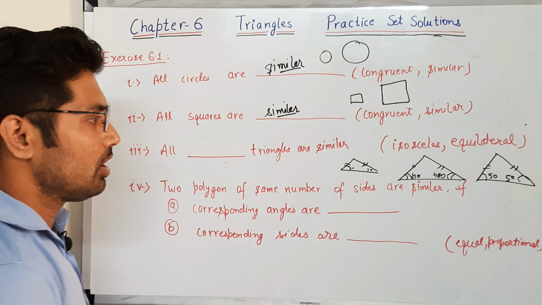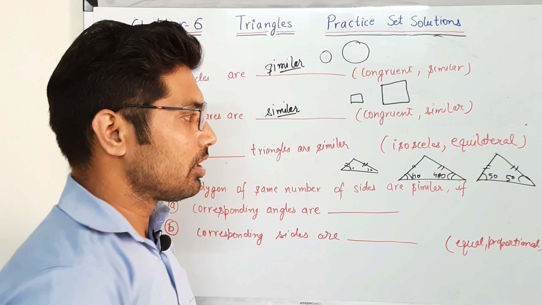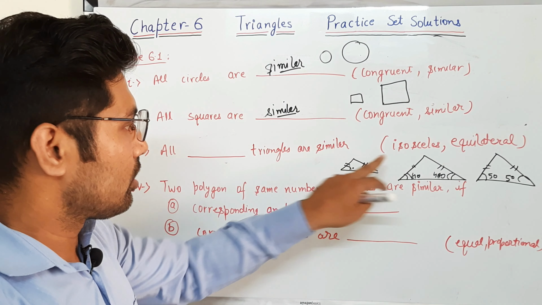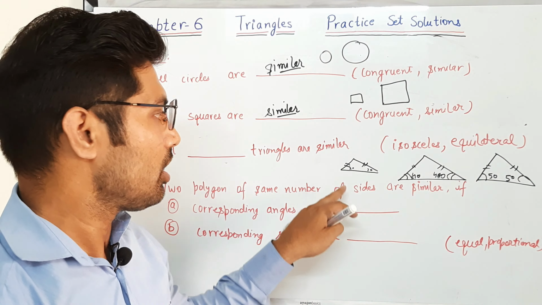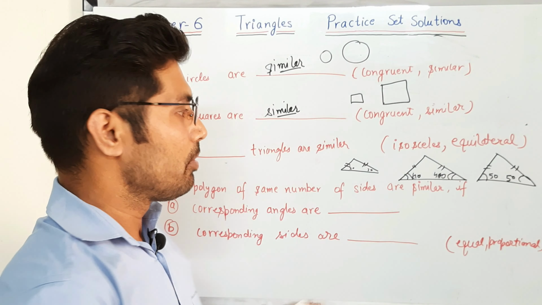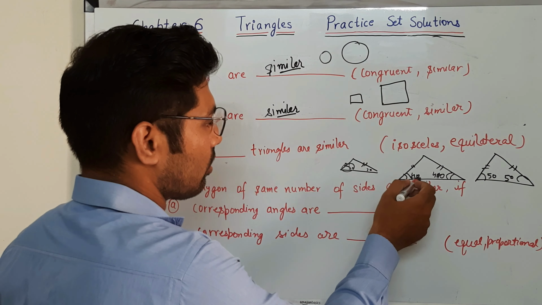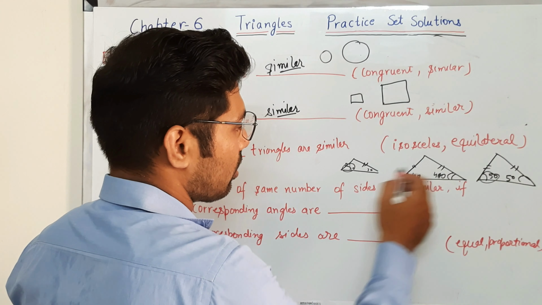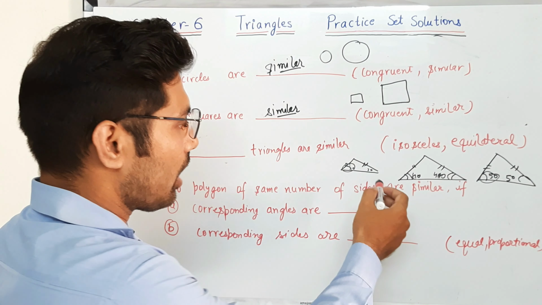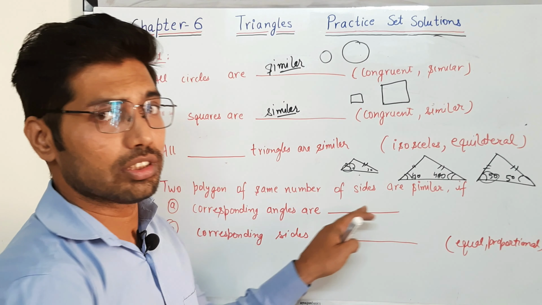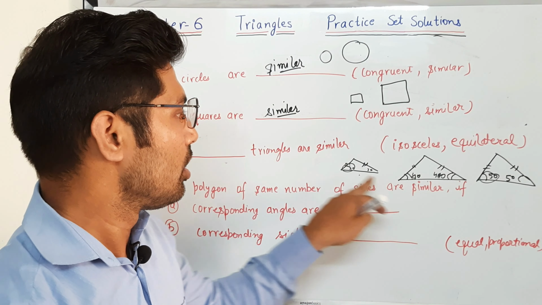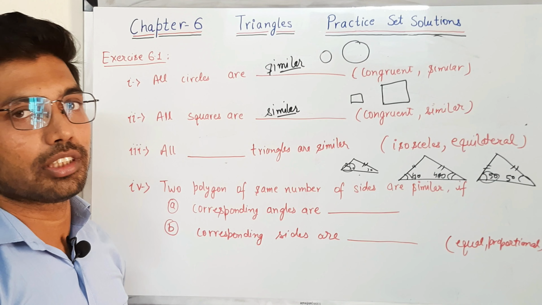Okay guys, now you see these three triangles. These all are isosceles triangles, but they are not congruent, because you can see this is 20 degree and this is 50 degree. So the proportion is different and the angle is also different. This 20 is 40 and this is also not similar because the angles are different. So we can't say isosceles triangles are similar.